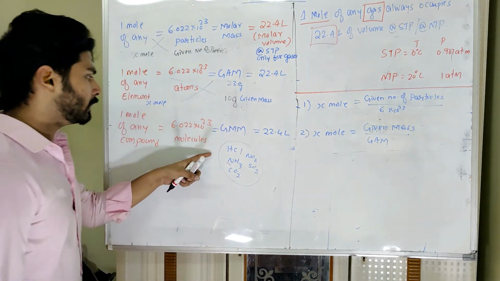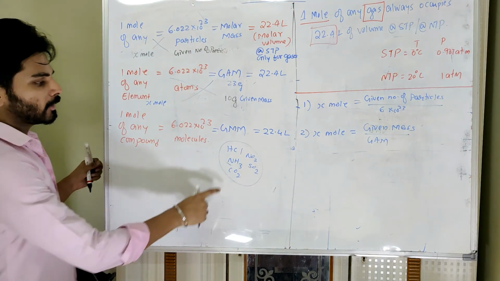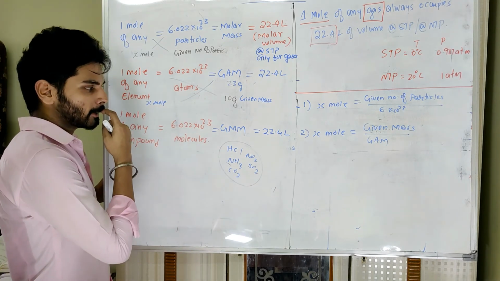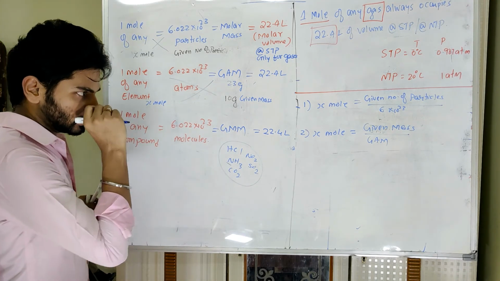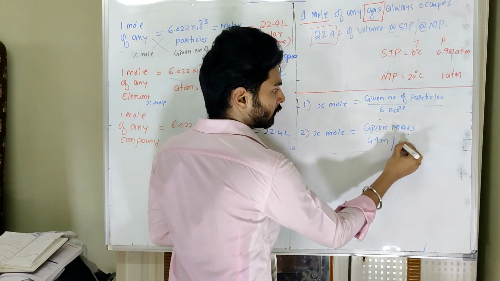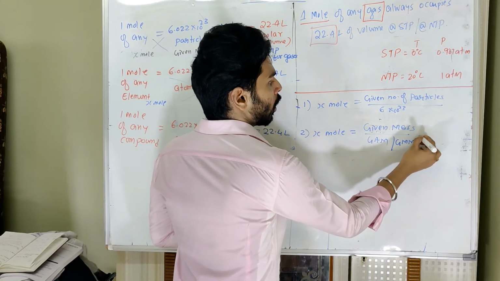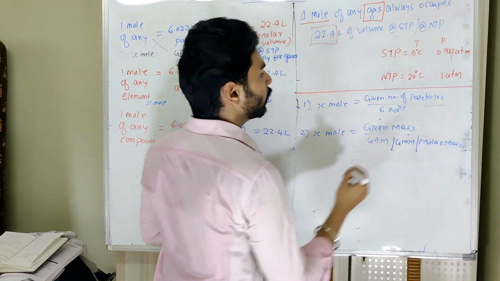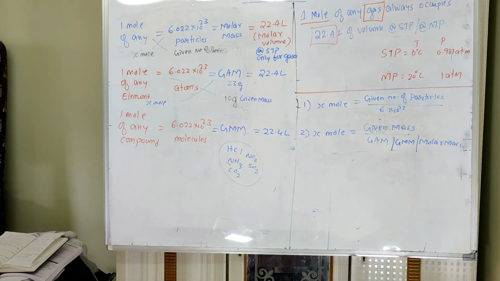Now the same thing can be done for compounds also. If I am talking about HCl, 1 gram, 2 gram, 3 gram or any random gram will be considered as the given mass, and its molecular mass will be kept here. In this case you can also keep this as gram molecular mass, or in general, we know it as molar mass. So this denominator depends on the substance we are talking about, whether it is an element or a compound. The denominator can be gram atomic mass or gram molecular mass. In general, you can also use molar mass. Then we can convert that into mole.